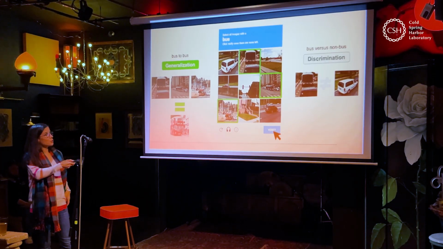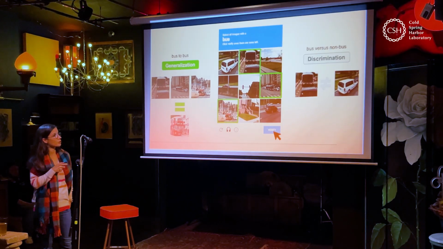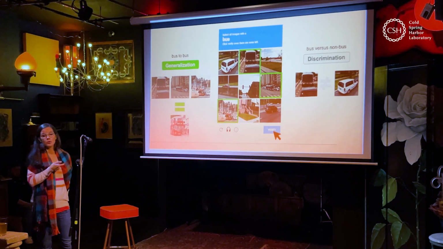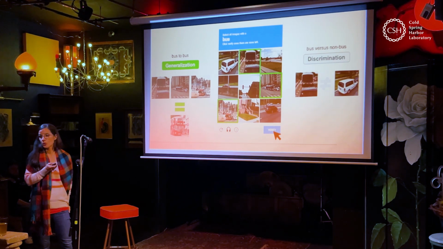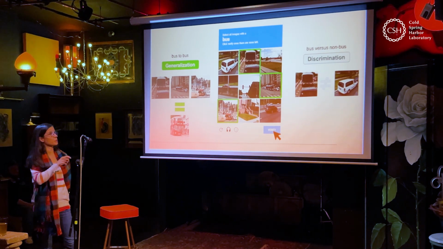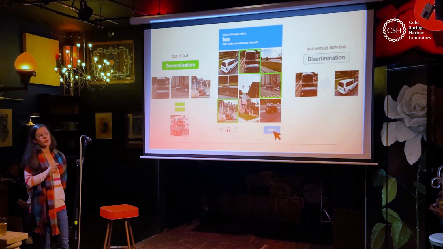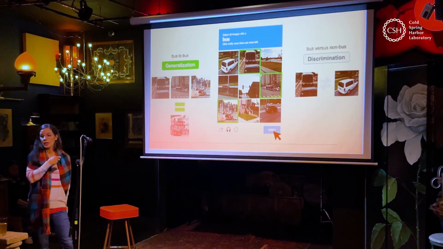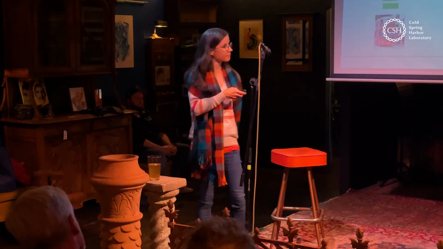If we do this enough times, it also helps them to say, okay, all of these images are classified as buses. If the algorithm now sees another bus, it can realize, oh, this is similar to these, so this is also a bus. So whenever you do a CAPTCHA, yes, it's helping you to get to whatever you're logging into, but it's also training the machine learning there. And these examples highlight two very important concepts in machine learning. The first one is discrimination: identify bus versus non-bus. It doesn't have to be specific what non-bus is, it's just not a bus. And then if I've seen enough buses, I can confidently generalize to an image that I haven't seen and say, oh, this is also a bus.